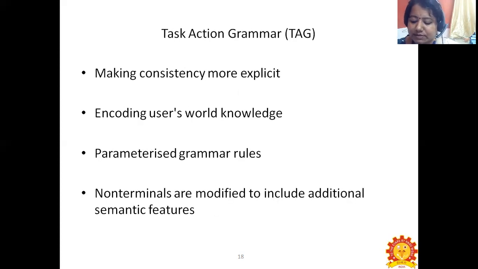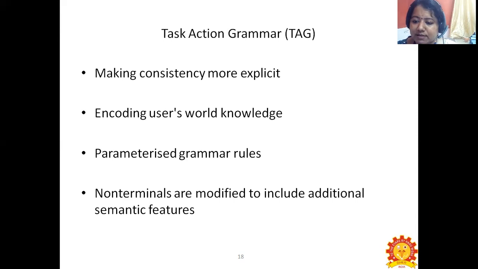The next, the second one under the linguistic notation, is the TAG, which is the task action grammar. Under the TAG, we are going to make the consistencies more explicit, encode the user's world knowledge, and use parameterized grammar rules.